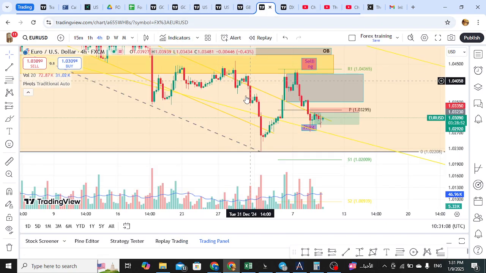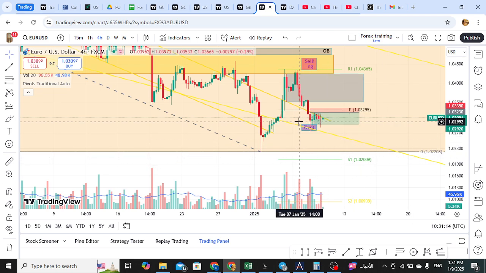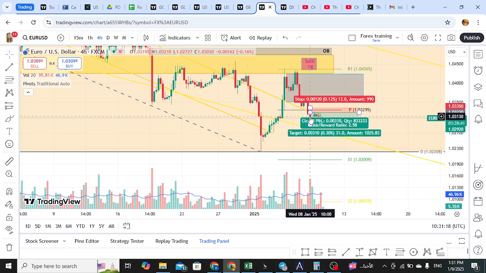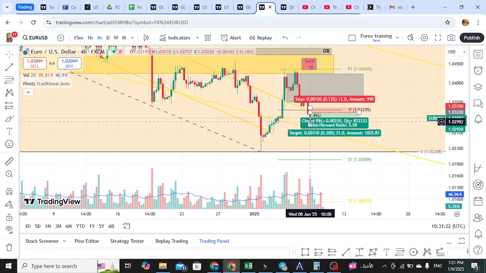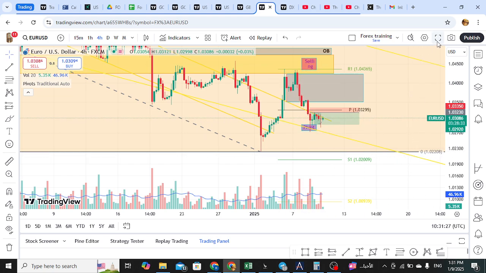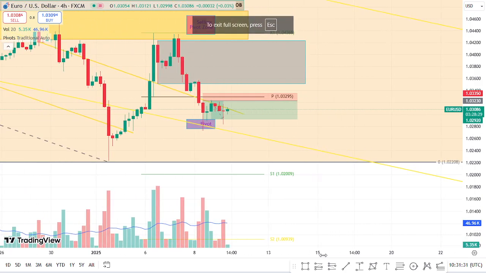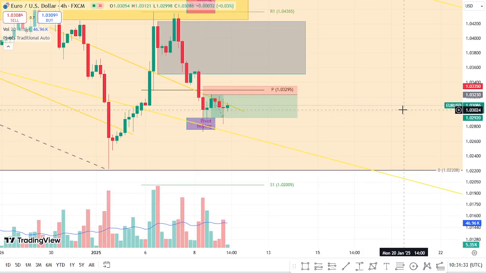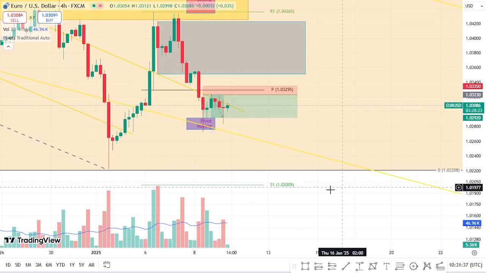Let's start with the Euro USD. The Euro USD, I took it here from this red candle. The price was at this level here. Okay, let me enlarge. I took the price at this level. Let's look at